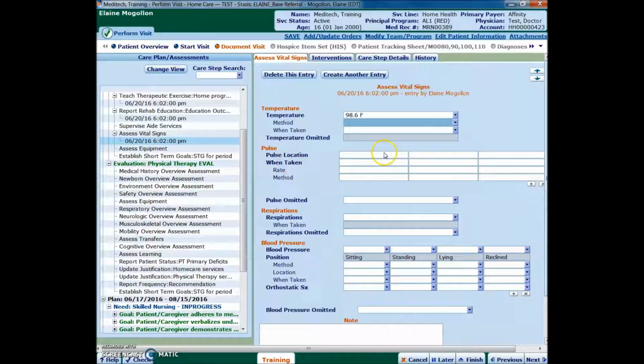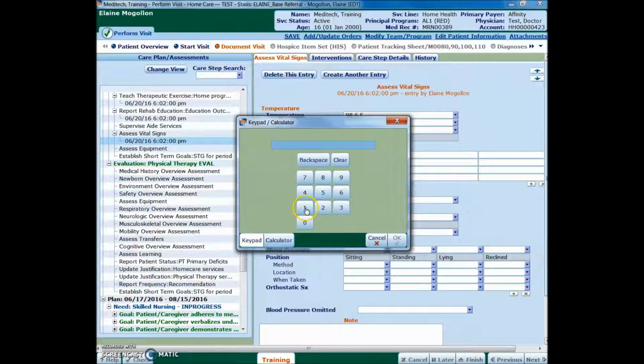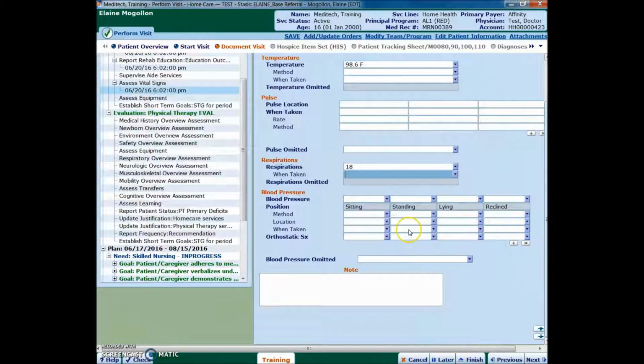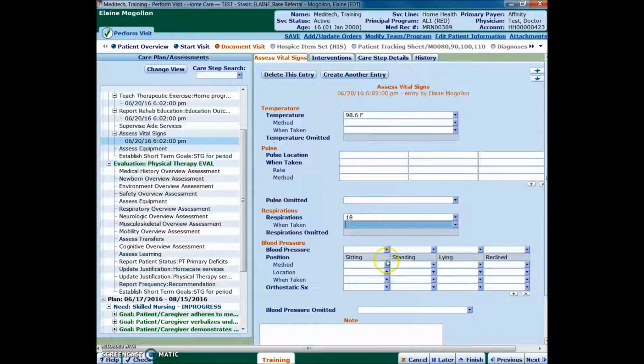Okay. Pulse, respirations, same thing. You can put in 18. Okay. Blood pressure is here as well. Now, one other interesting thing about the Assess Vital Signs tab, all of the care steps have this, but vital